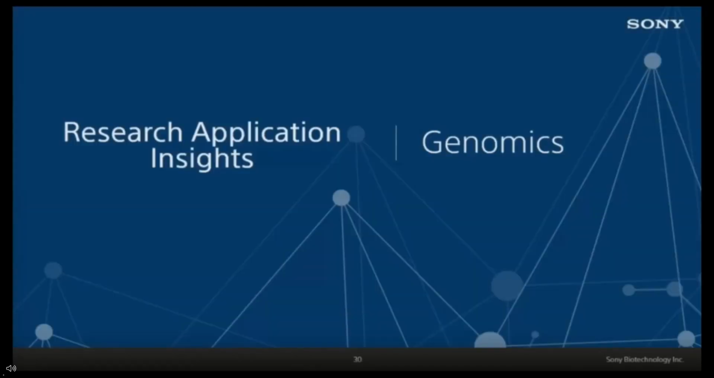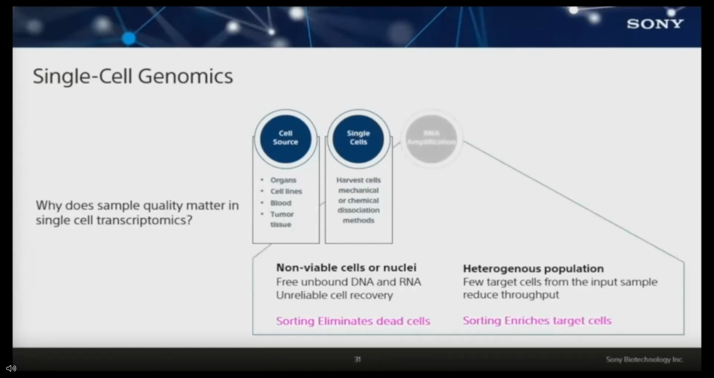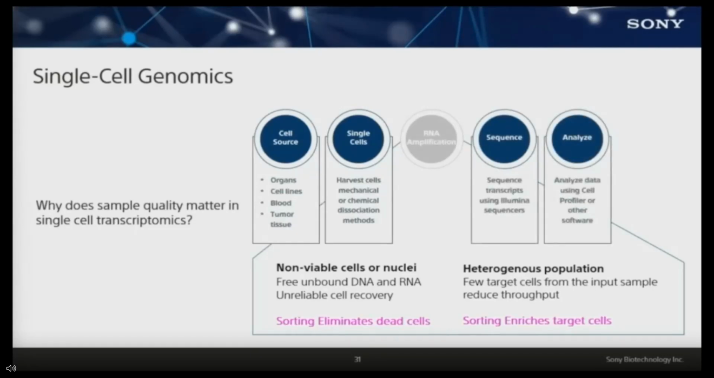Now we'll move on to genomics. In this example, we'll review how sorting has become a vital step in single-cell sequencing studies. These studies are performed using cells harvested from attacked organs, maybe cell lines, blood, PBMCs, tumor tissue. Cells harvested by chemical, enzymatic, or mechanical methods, for the liberation of single cells for downstream molecular-based assays,